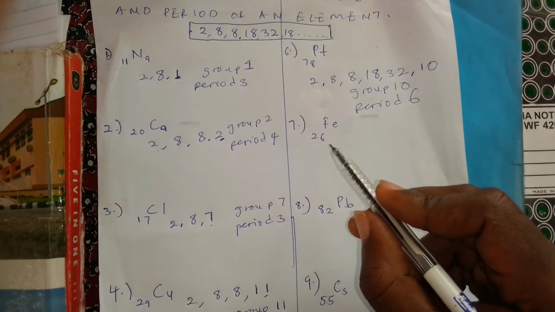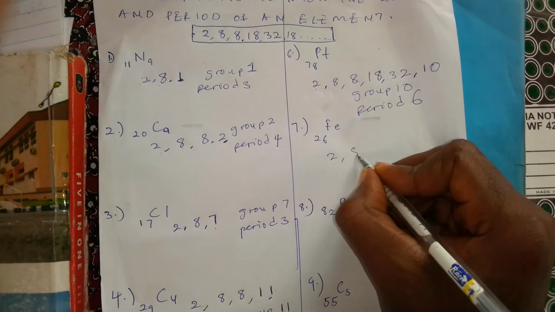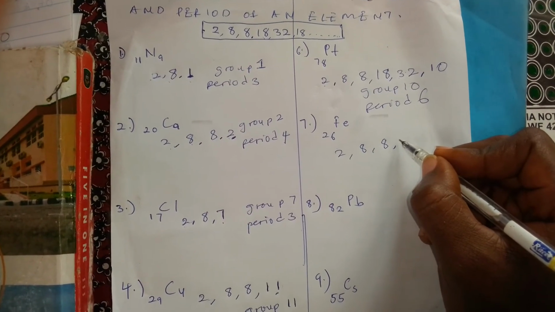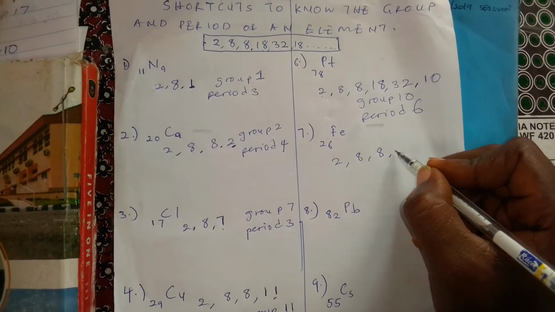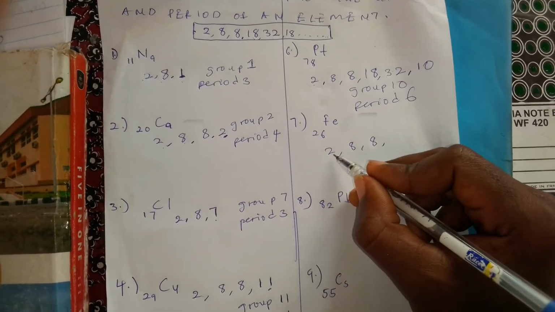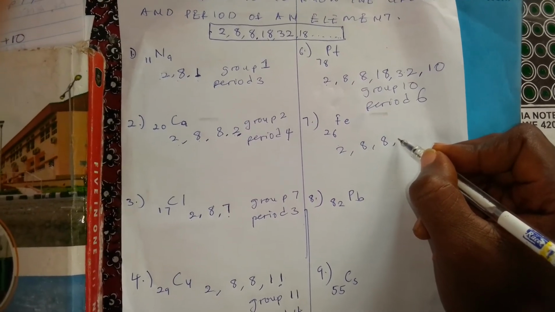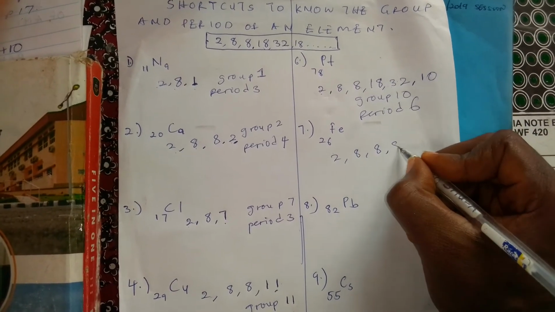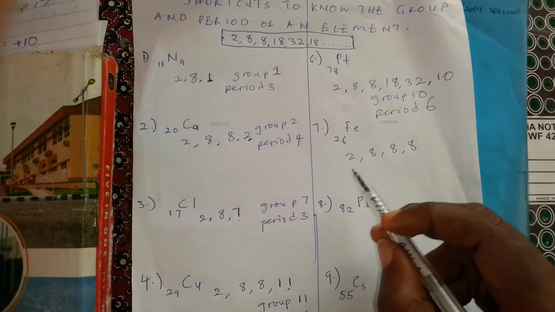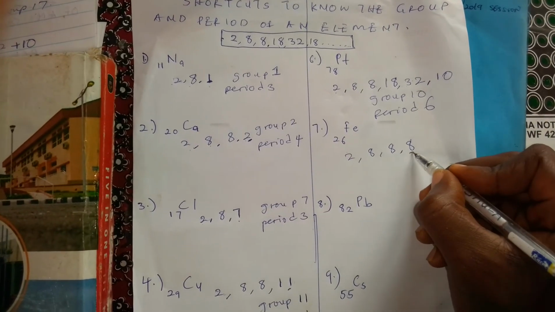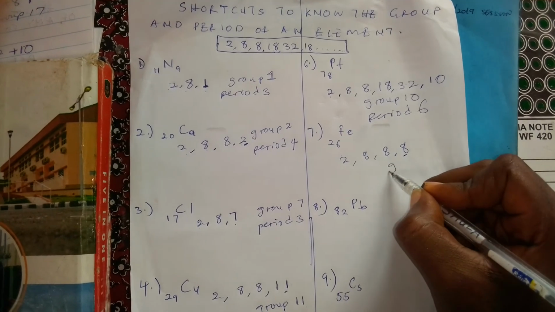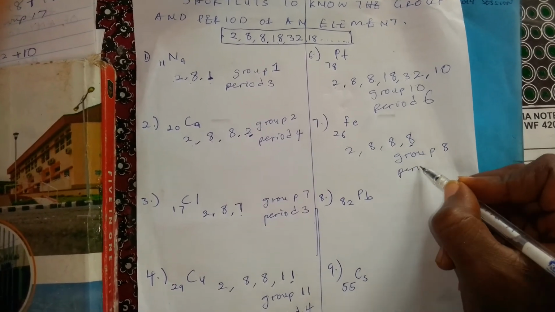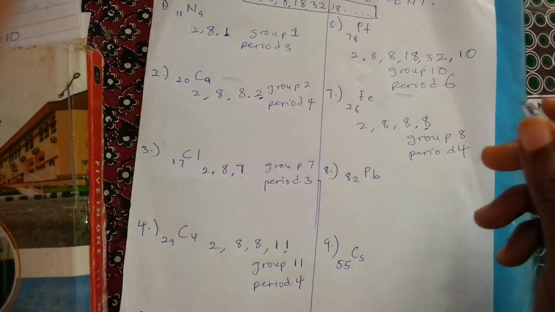So then let's check the next one, iron, 26. So 2, 8, 8. If you put 18, will it be more than enough? We first ask ourselves, because 18 here would be more than enough, what can we add that will give us this 26? So it is also 8, because 8 plus 8 plus 8 plus 2 will give you 26. And since 8 is the last number here, that means it is in group 8, and the period 1, 2, 3, 4, period 4. Let's check